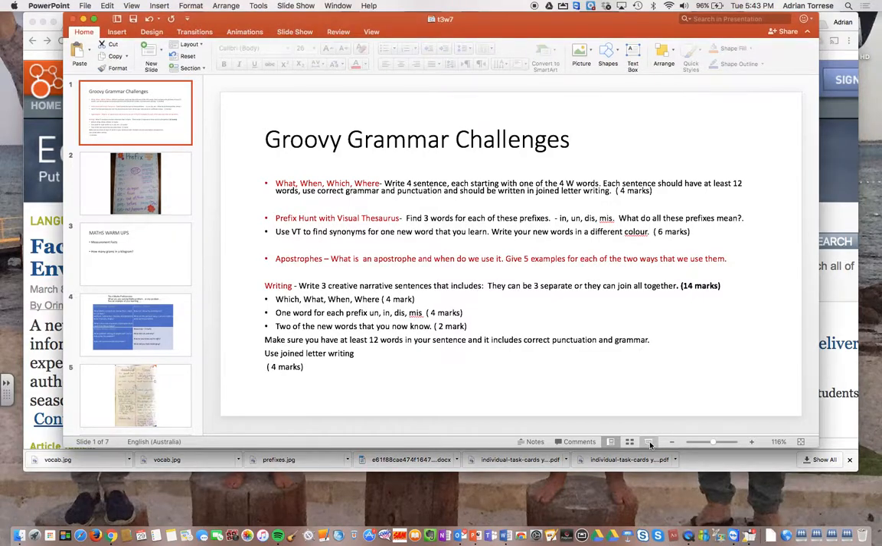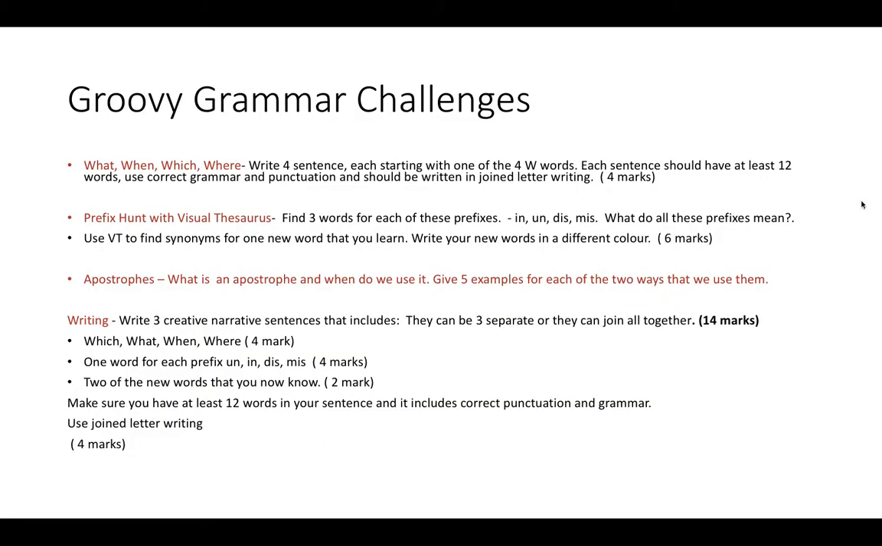This is a groovy grammar. Our first challenge is to write 4 sentences, each starting with one of the 4 W words. Here are the 4 W words: what, when, which, and where. Each sentence should have 12 words, use correct grammar and punctuation, and should be written in join letter writing